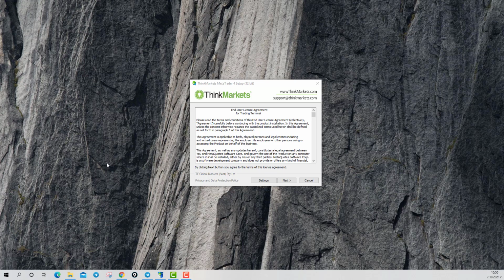So once you download it and you open the installation file, what you have to do is, now one of the most common questions is whether you could have a second platform on your computer. So let's say you've been trading for a while, you've got a demo or a live account already on MetaTrader 4, but you want to download another platform which you might use for a different account, or maybe even for the same account, but you've got a couple of monitors, so you want to run the same platform on both monitors. Yes, you can do that, but what you have to do is, before you click next, you've got to go to settings,